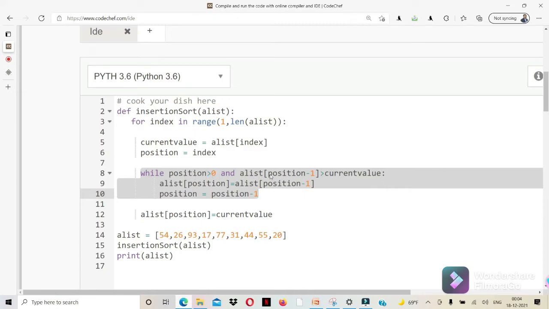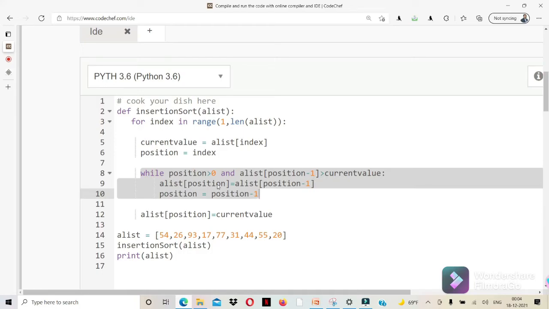Yes, and its previous element, that is 33, is greater than 10. Yes. So we are shifting that 33 one step right, meaning the fourth position is now taken by the third position. And 10 is now compared with the second position element, that is 27. Okay, 27 greater than 10.